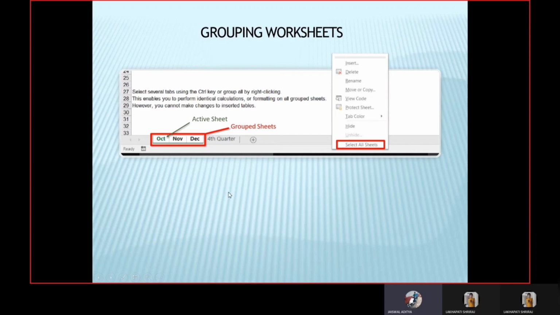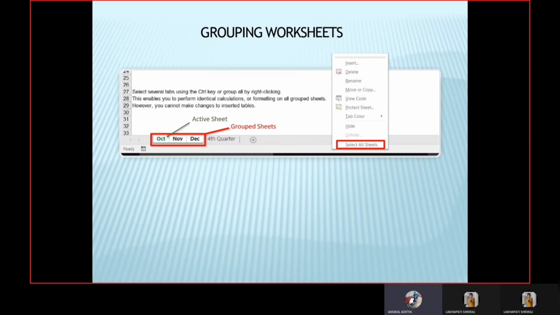A tip: if you want to group consecutive worksheets, click the first worksheet tab in the range, press and hold the Shift key and click the last worksheet tab in the range, like this.